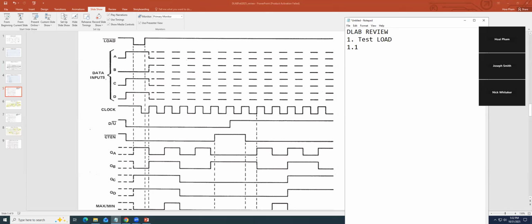Okay. That means load will be 0, right? Right. Okay. And they will be loading what